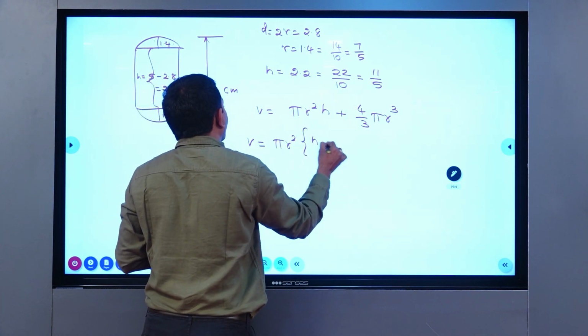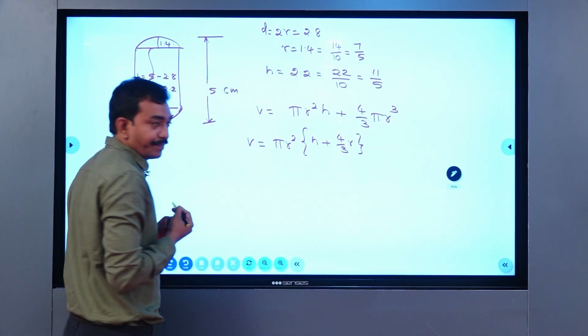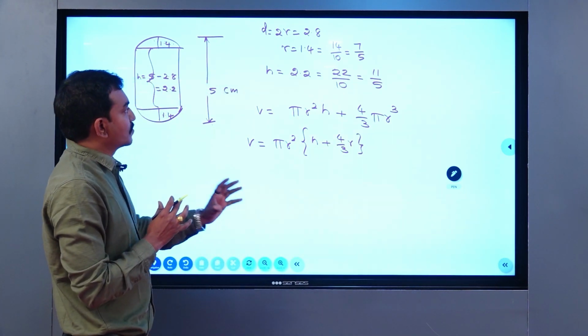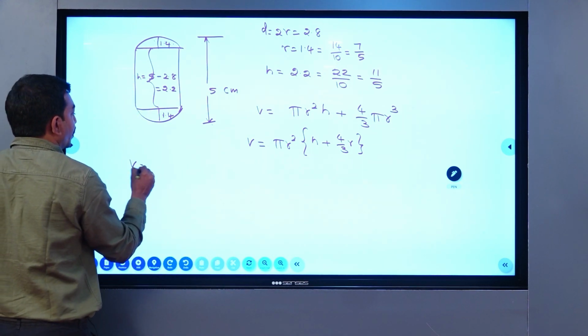Here H is the remaining term. Here 4 by 3 into R is the remaining term. Now let us substitute the values of R and H. Let me write over here. So volume equal to